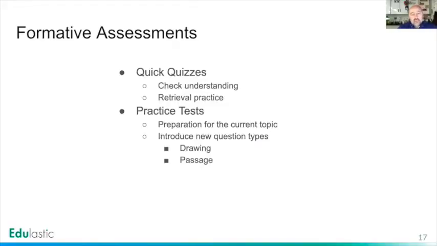I do a lot of different quick quizzes. Sometimes it's just checking what we did the day before. Sometimes it's a quick one on what we've done over multiple days. One of the things I've been doing more this year has been doing a practice test. So I'll make the test, the summative assessment, and then make a copy and change questions, whether I'm changing the question types,